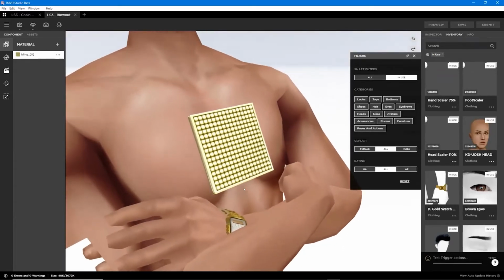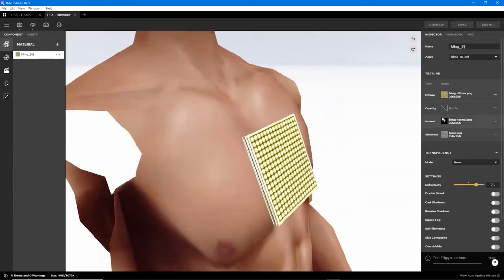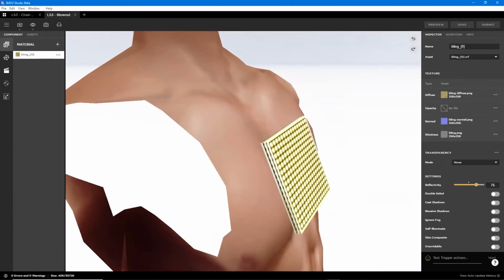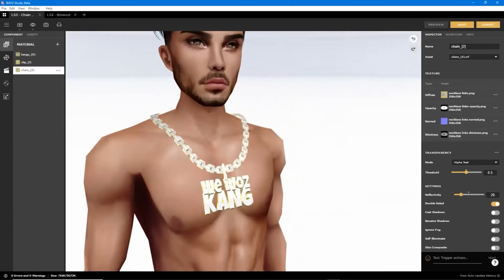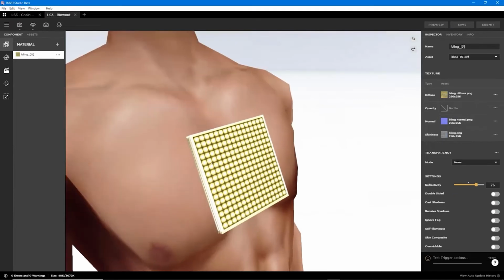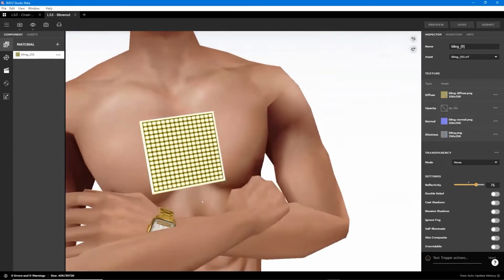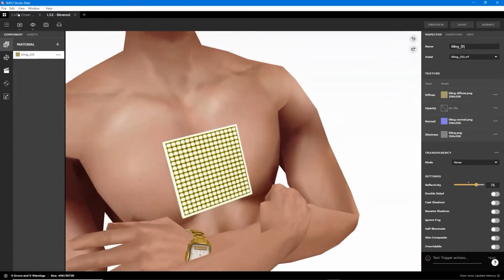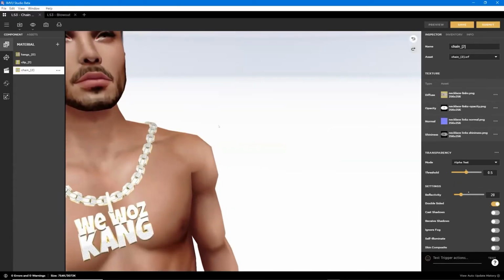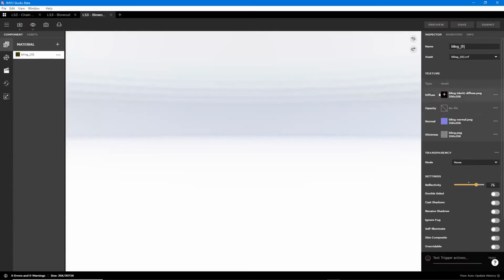So if you're using shininess and normal maps together, so this has a normal map and a shininess map. As we saw with the necklace, it'll blow the necklace out. So you'll lose all the detail of the normal map, which kind of makes it pointless to have the normal map. But what you can do is err on the side of caution with your diffuse image